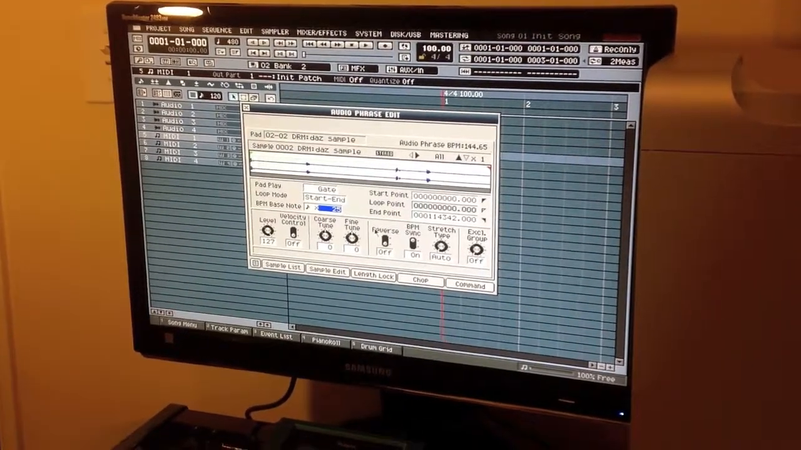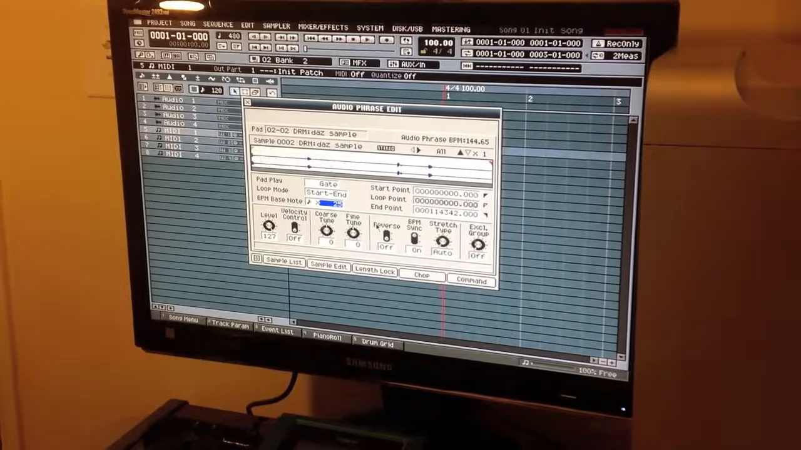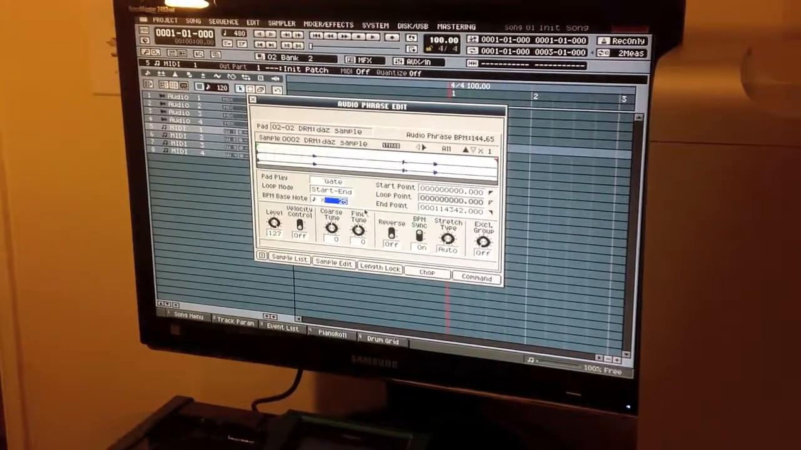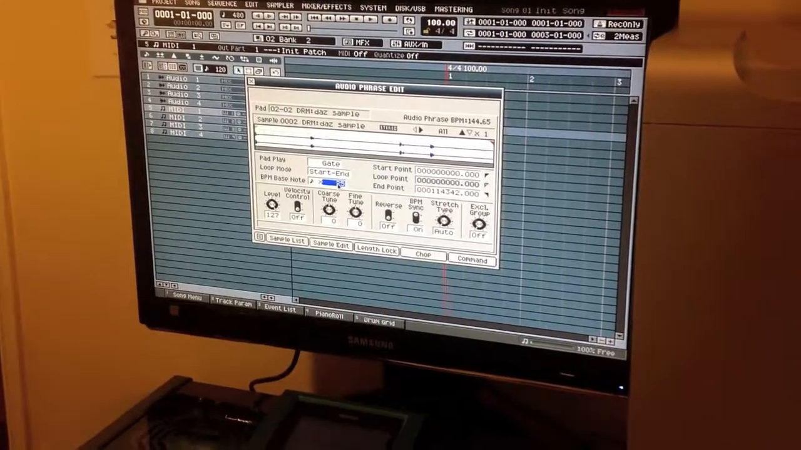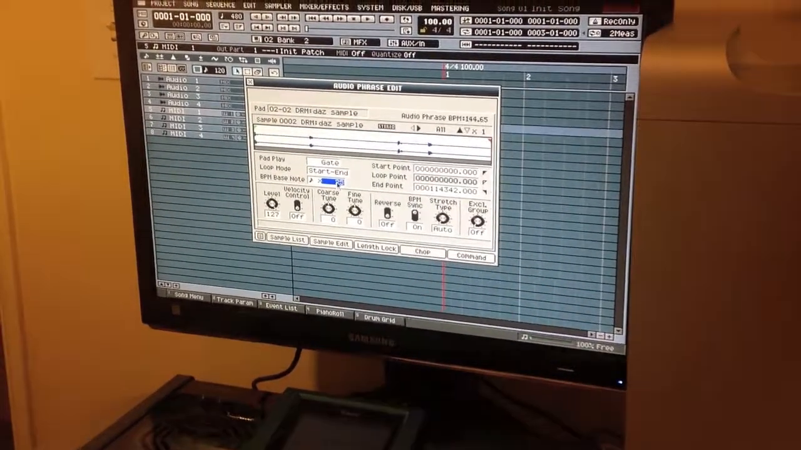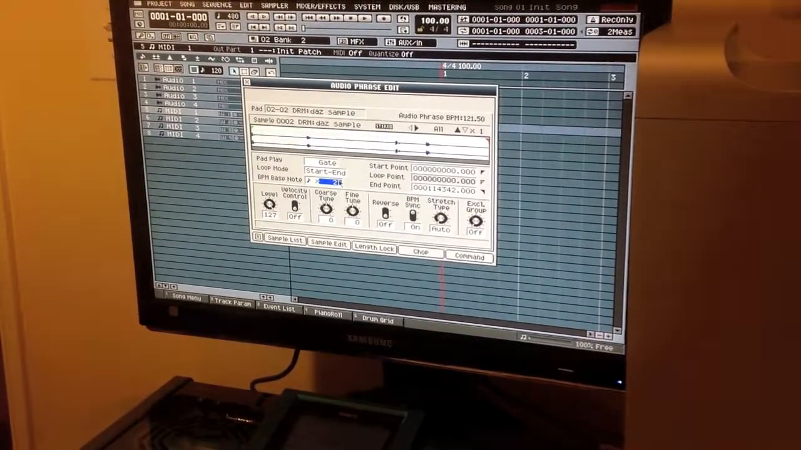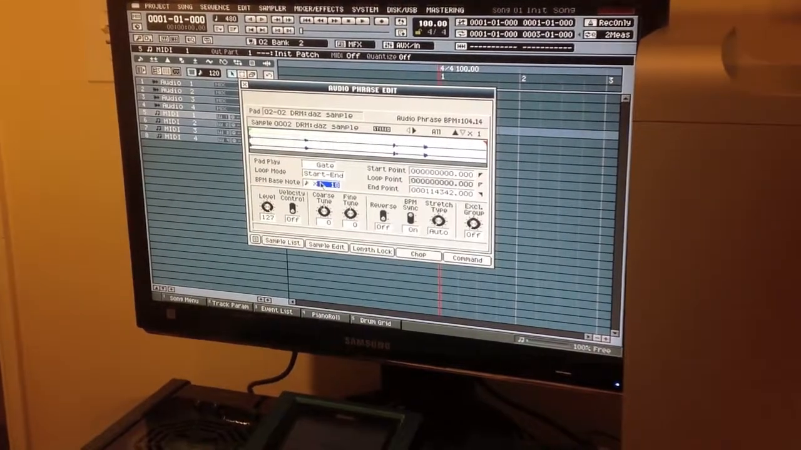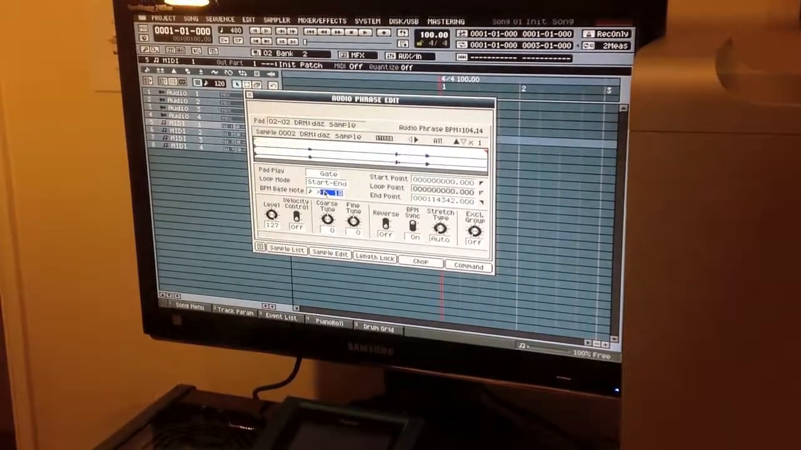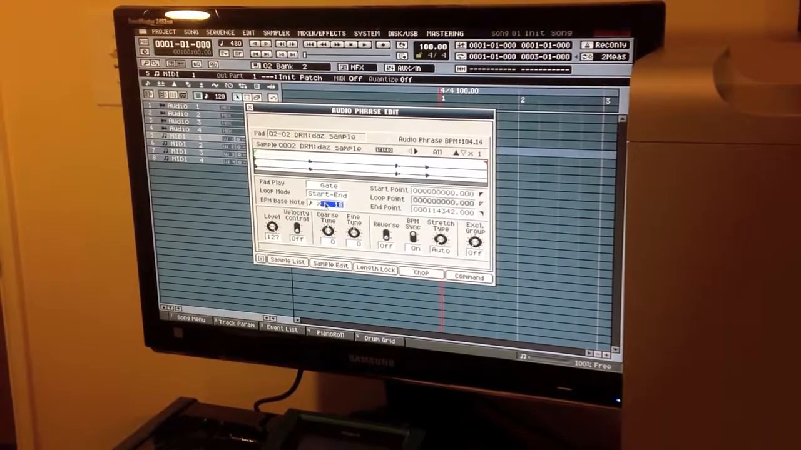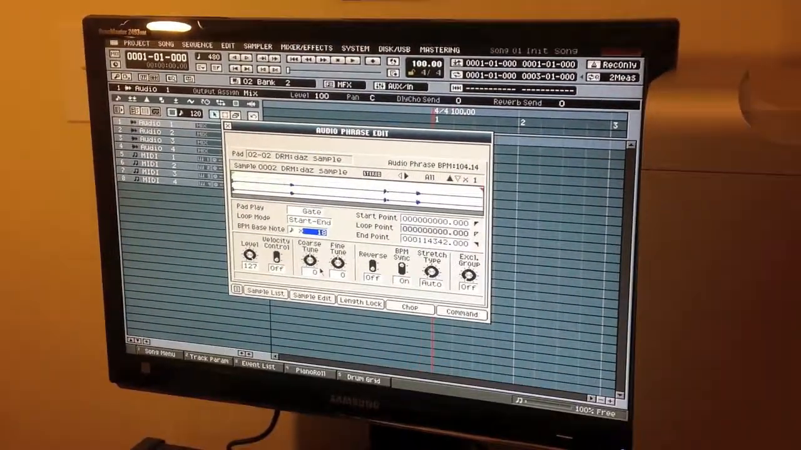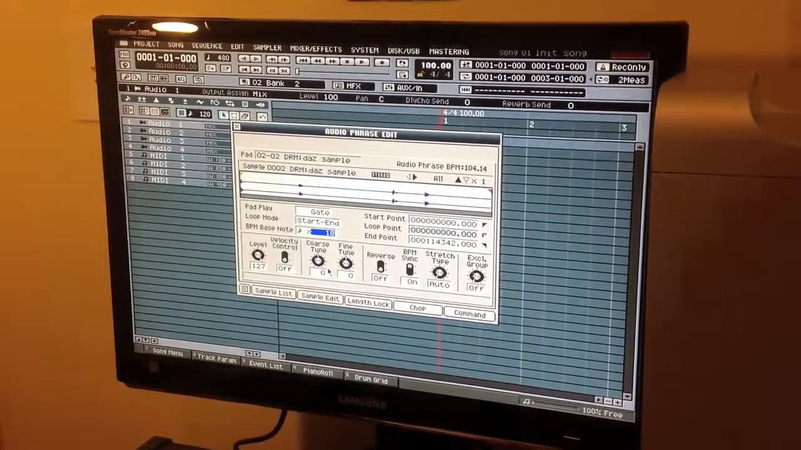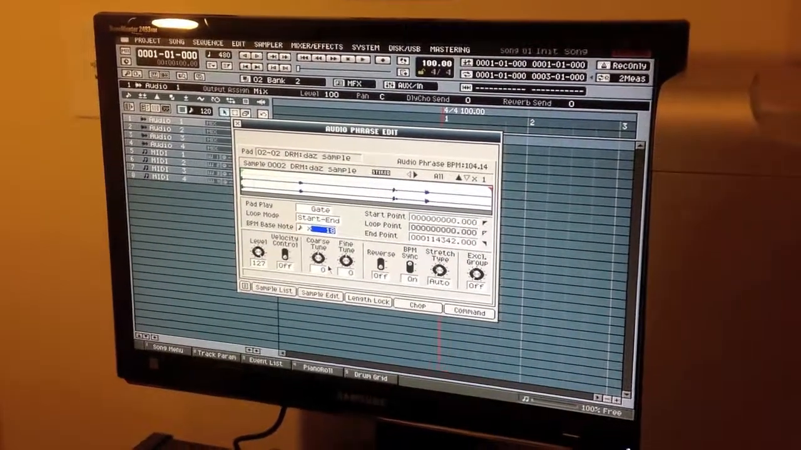So you just hit the sample, the pad. So you can hear the time stretch, it's really slow. So then you just adjust it here. So right there. Okay, so you have your sample time stretched to how you want it, and you want to put it in